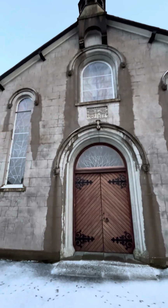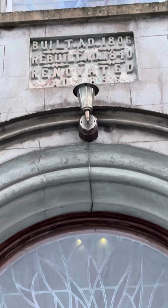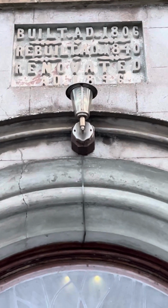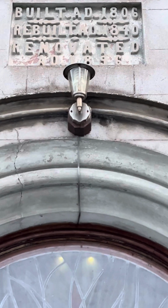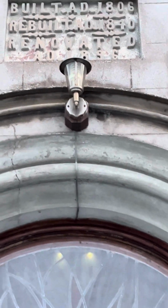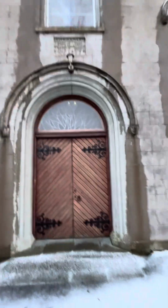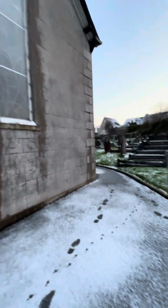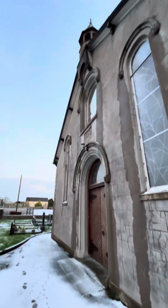So I'll show you the stone here. Built AD 1806, rebuilt 1840, and renovated then in 1896. So the 1896 work was so extensive as to essentially really be a new construction. And so the basic church structure that you can see here today is the work of